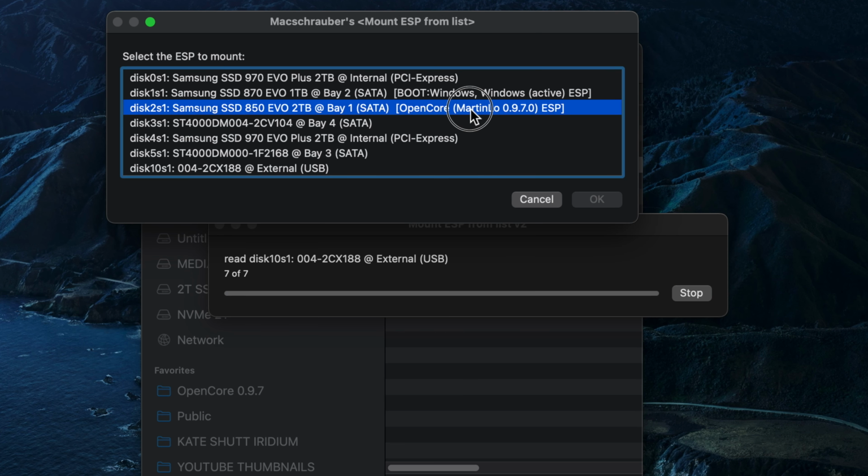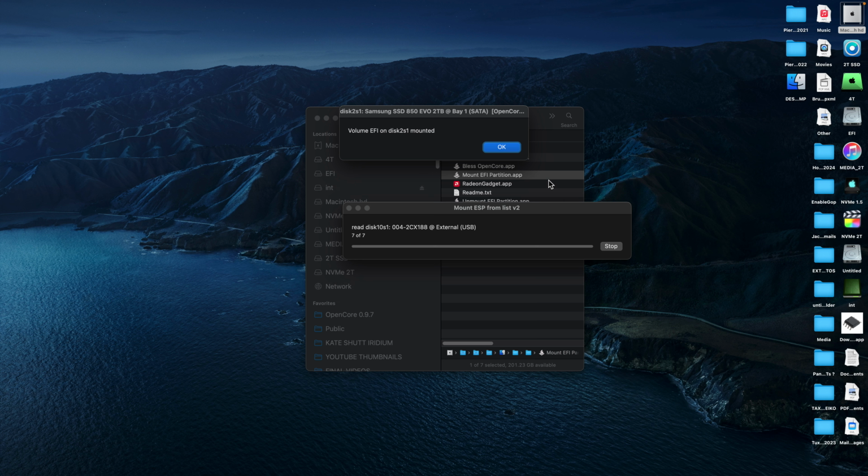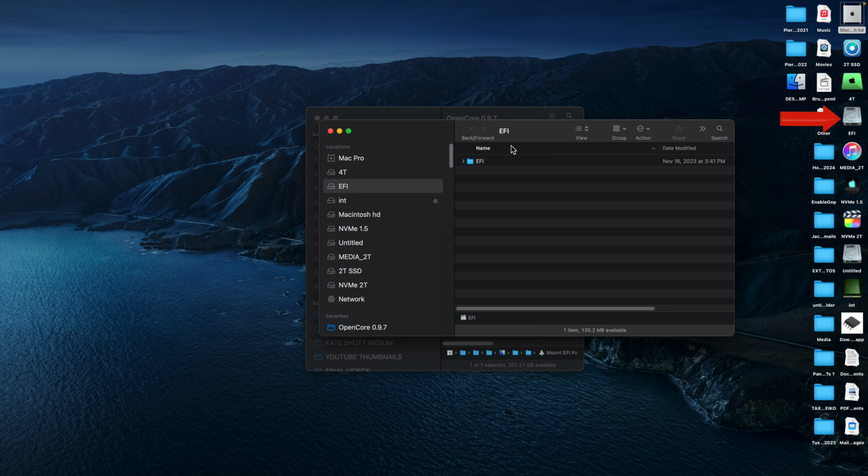It's showing me all my different EFIs, and I see the one that says Martin Lowe. It tells me which version I'm running. That's the one we want. We're going to mount that to the desktop, and there it is. It's mounted. Now we're going to go into the EFI folder, into the OpenCore folder, and open up